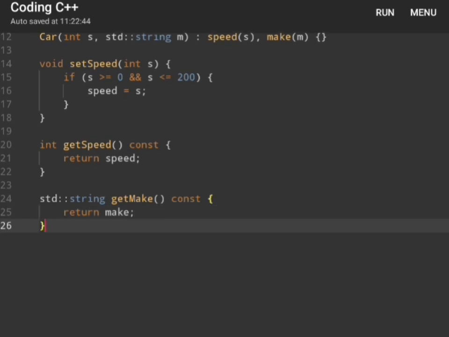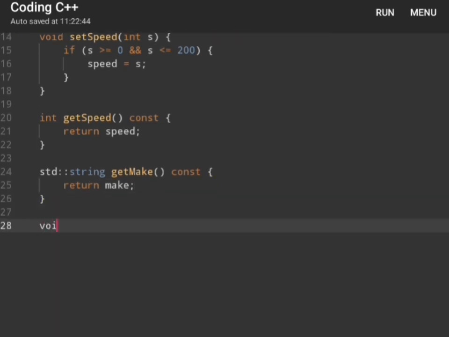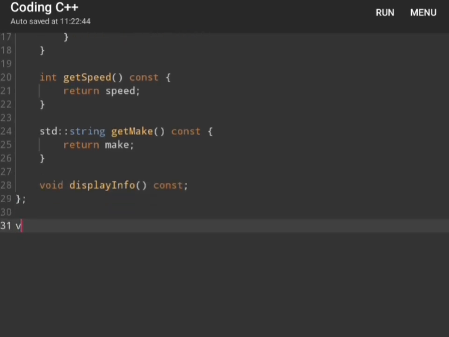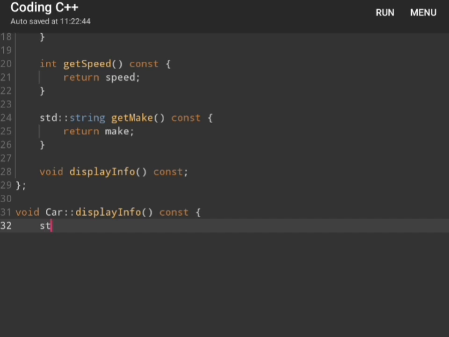And to public member function to display car information, let's code this void display open and close parenthesis, for declaration. And for the definition of display info member function outside class is, let's code this void Car::display to const specifier, and std::cout car make